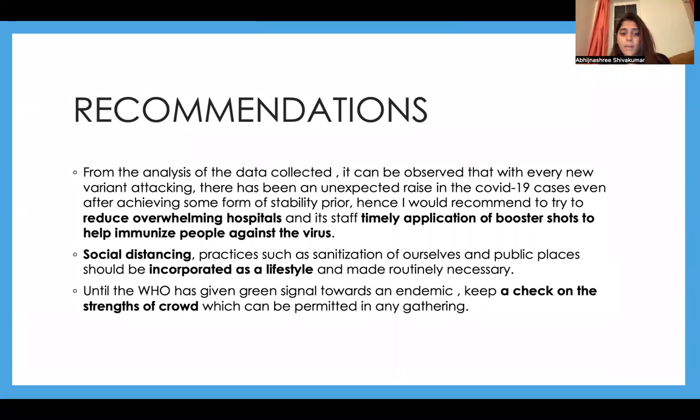Although I can completely sympathize for the fact that we have spent many years, almost 2.5 years, at home remotely studying and working, we still need to understand the importance of not overwhelming our hospitals, our leaders, and our doctors. It is very important we take it seriously and do our bit and stay at home as much as possible if there is another outbreak.